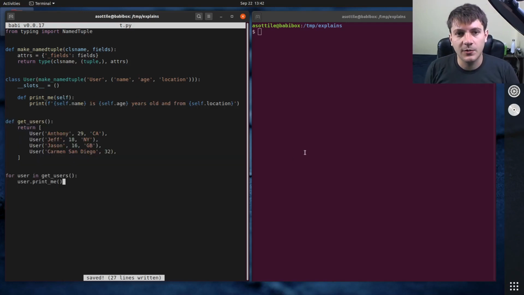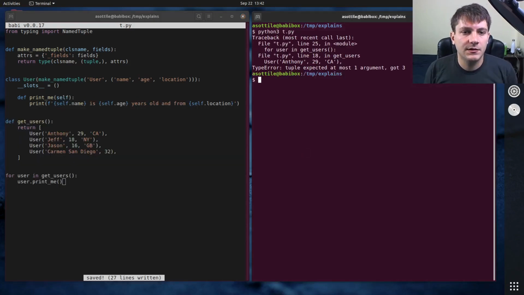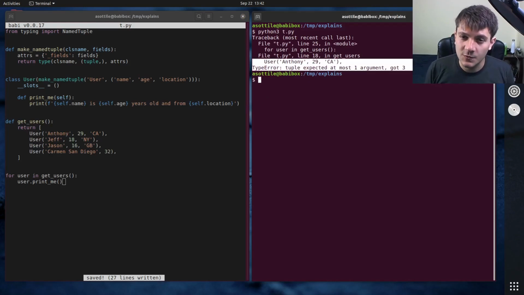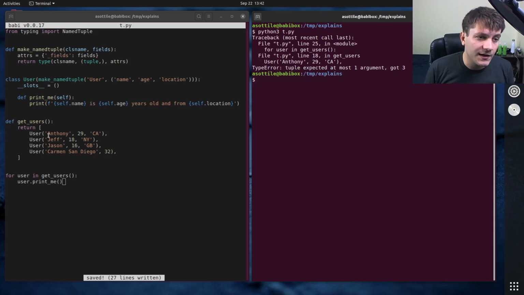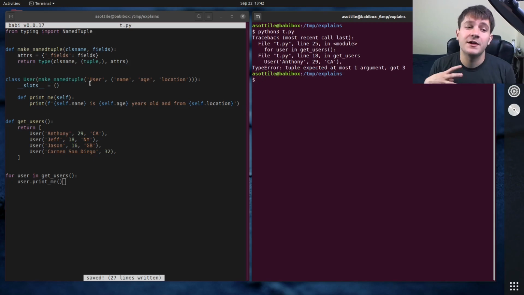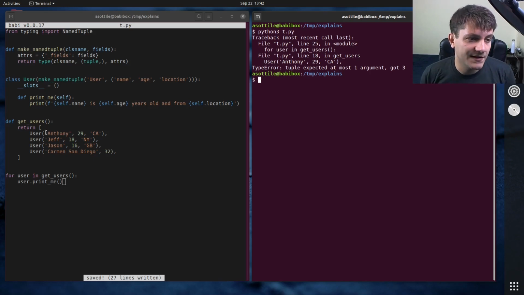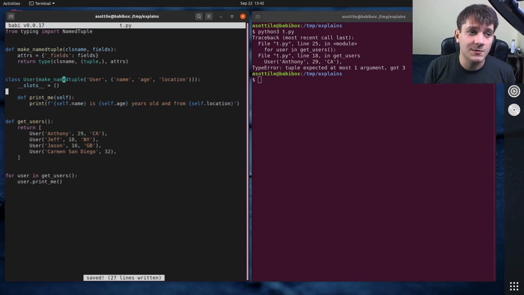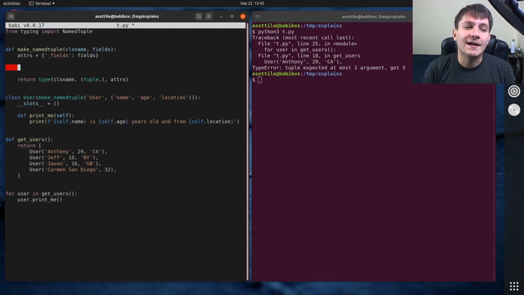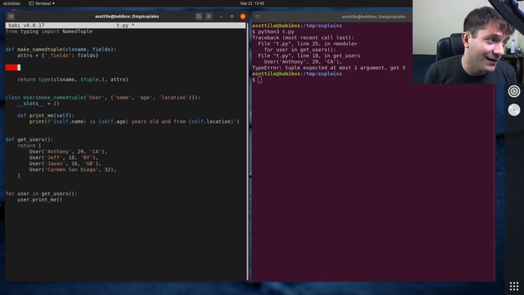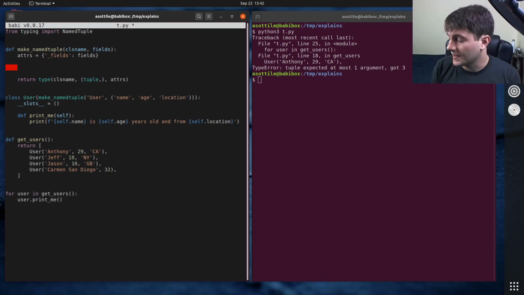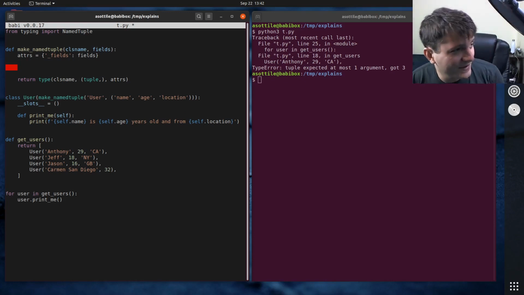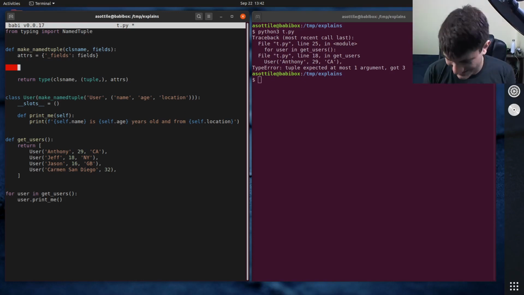This is the code that we had way before, and you'll see here that we immediately get a problem that says tuple expected at most 1 arguments, got 3, and this is because the initialization of tuple requires a sequence of things, and we're passing in positional arguments instead of a sequence. So the first thing that we need to do is customize the initialization, and I thought about this for a while and I couldn't think of a way to do this dynamically just using Python code. And so the easiest way that I could figure out to do this is by abusing exec,